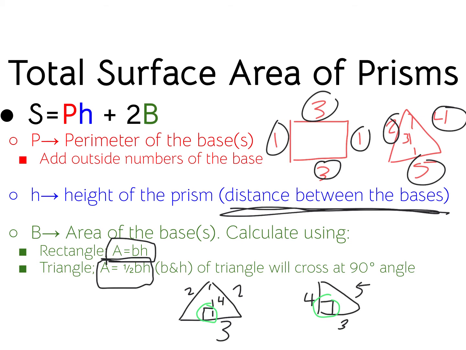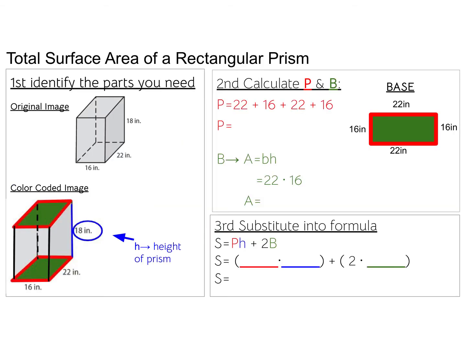Now, let's practice some problems. First, we're going to look at rectangular prisms. So first, we want to identify all of the parts we need, like this box here says. So I labeled my area of my base as green, I outlined my perimeters in red, and I circled my height in blue. So if I look over here where it says second, calculate the perimeter and the area of the base,